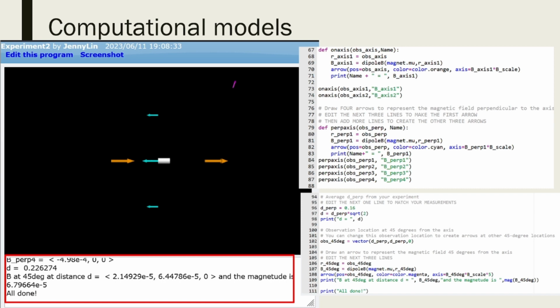And the second part of the coding is the simulation of the off-axis magnetic field, and it is represented by the purple arrow. The value calculated by the computational model of the off-axis magnetic field is 6.79 times 10 to the minus 5,